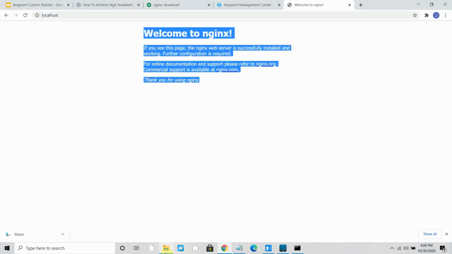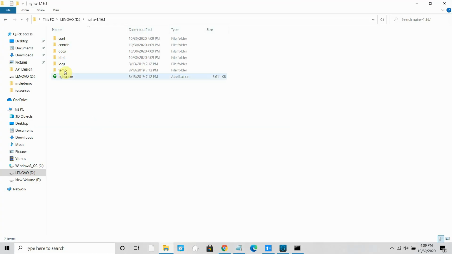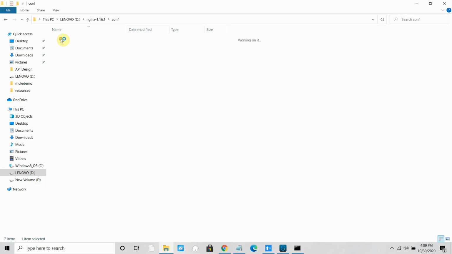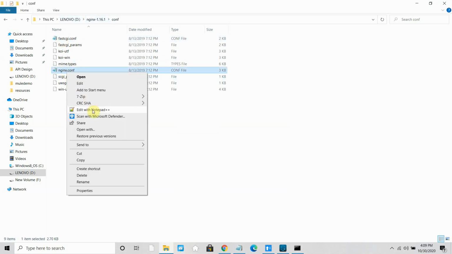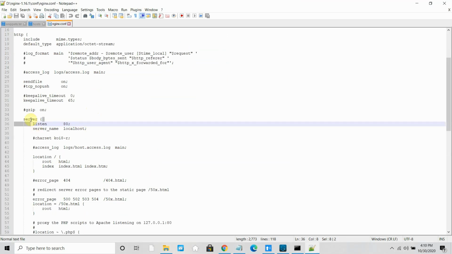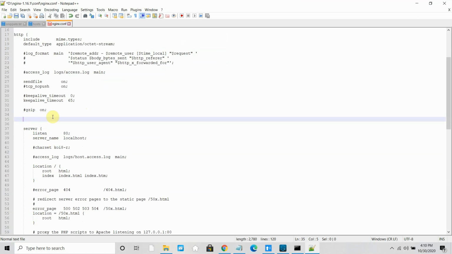Now what do I have to do? Basically now you have to do the load balancing between two regions. So under the conf folder you can go to this particular nginx.conf file, go somewhere in the server or outside, before the server. Okay, just enter, and you have to define an upstream. So you have to tell what the servers in my load balancer are. I can say jack server, you can give any name, then curly bracket.